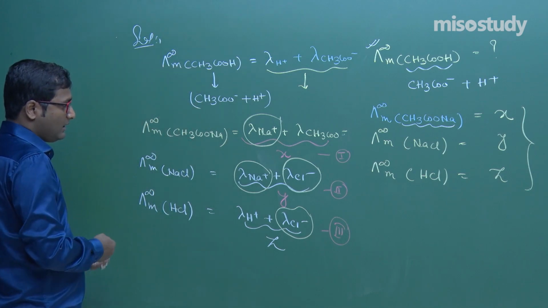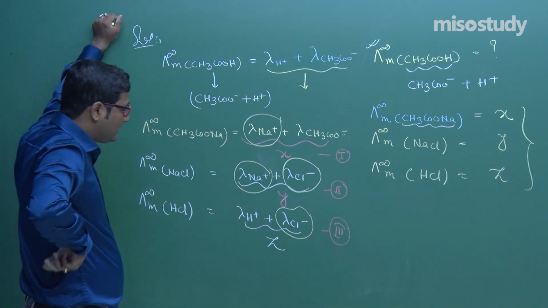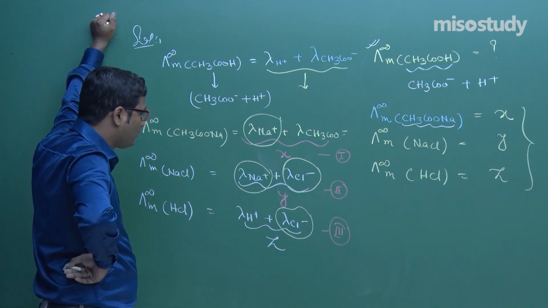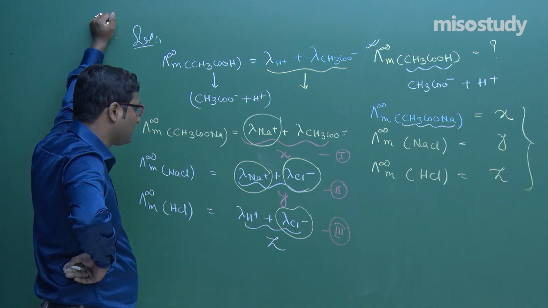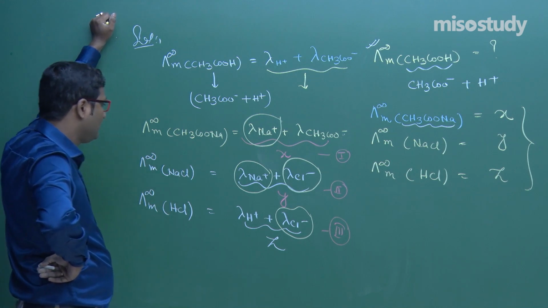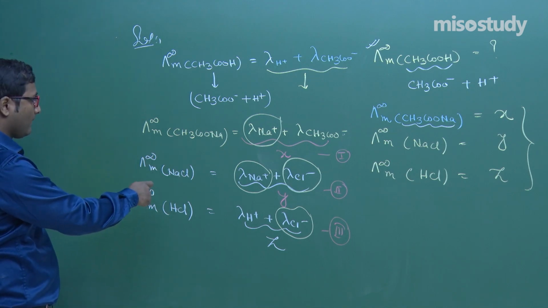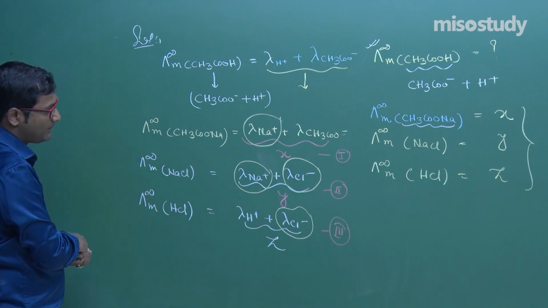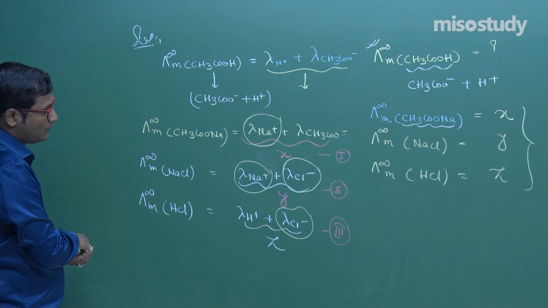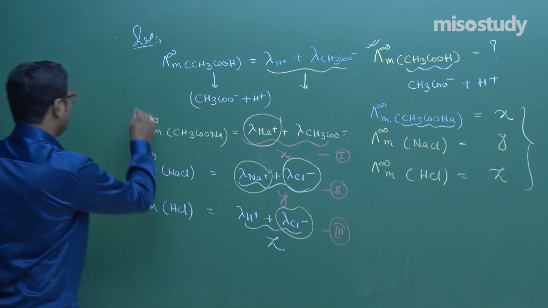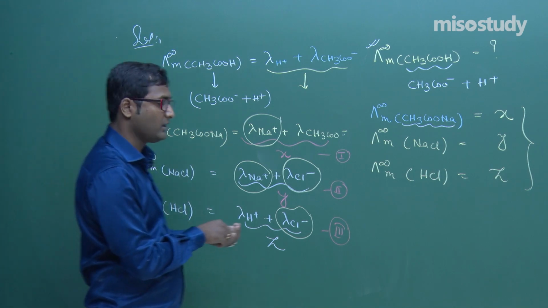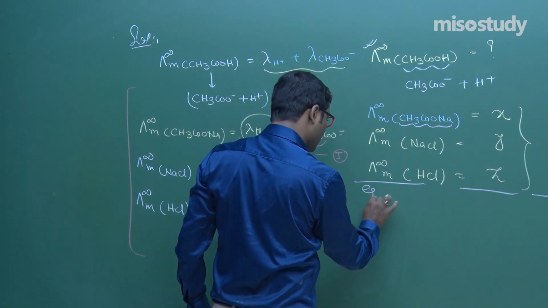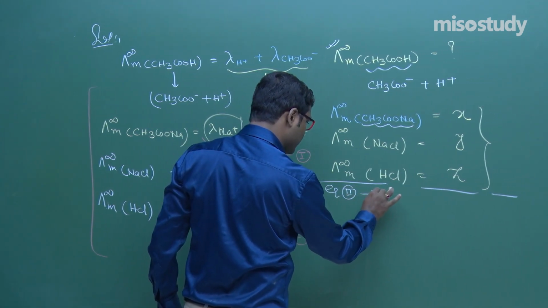Now tell me what will be the case if I add equation 1 and 2 or subtract it from 3? Is it possible? Suppose if I subtract equation 2 and 1, then what will happen, my friend? Check it out. Okay, first of all let me write down here. I am moving here, my friend. Now let's do equation 2 minus equation 1.